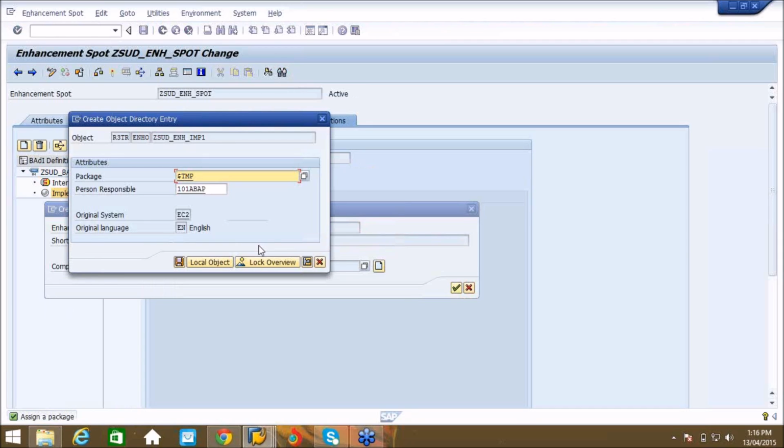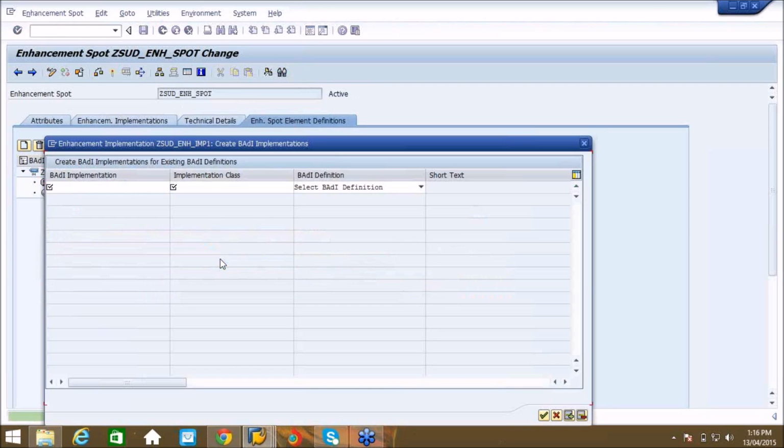So I am creating an implementation 1, enhancement implementation 1. So it is asking for the BAdI implementation name. So that is Z_BADI_IMP.